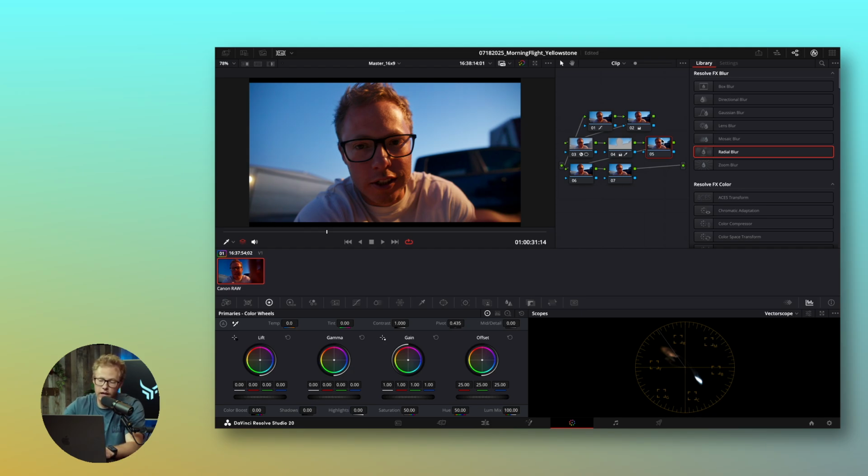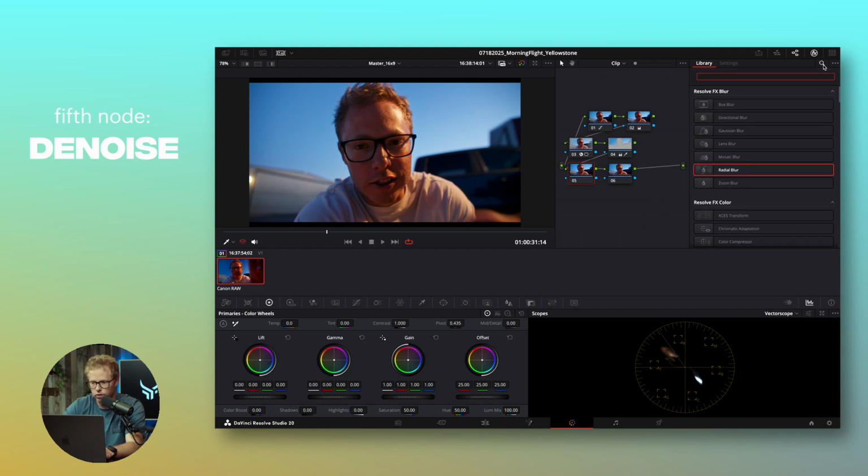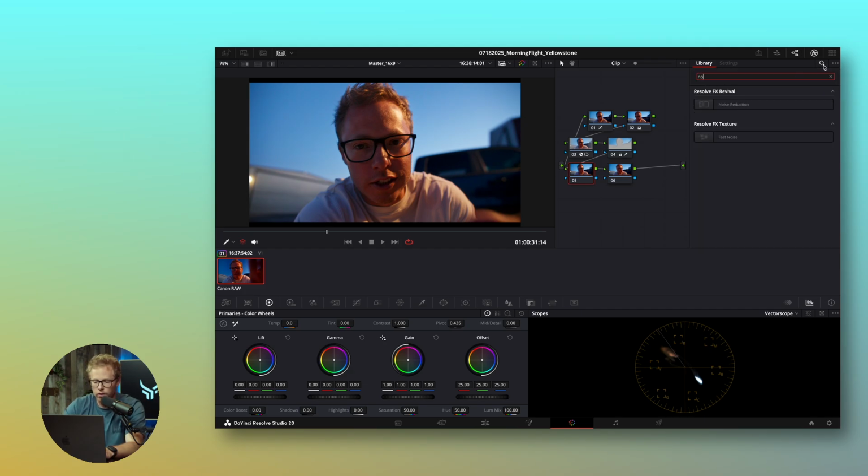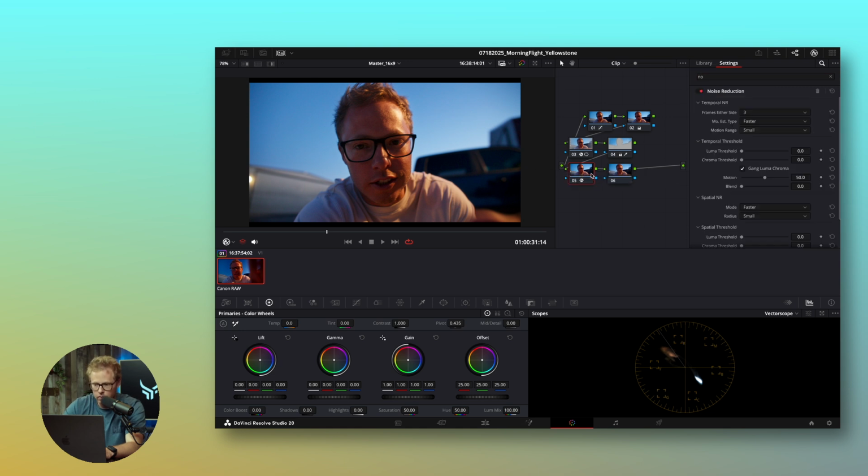Well, because Dehancer is the last thing that I actually use, because everything up until that point should support what Dehancer is doing, and I'll show you that in a second. So I don't know if I really need 7 layers on this one. I'm just going to delete that because the next layer I'm going to apply, or node, is going to be my noise reduction. So I'm going to take that, throw it onto here,